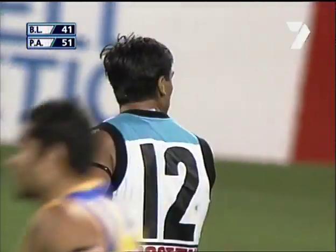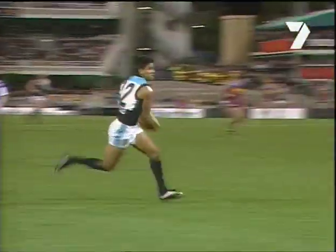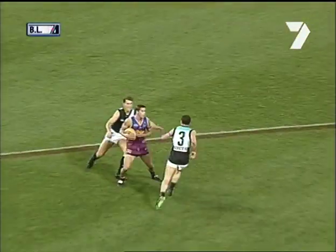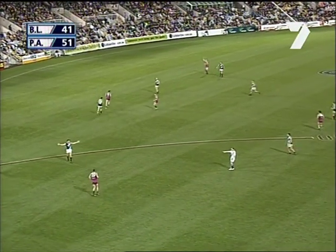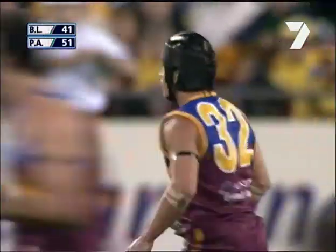Everything he had, the despairing dive, and a couple of players just running over and giving him a pat on the back. But the hands from Josh Franco, he fielded the loose ball very cleanly. Short hand pass to Cockatoo Collins. Created a great opportunity for the Power. 3 clever soccers off the ground there by Port in that passage of play. Here's Black. That's smart football, isn't it, Matthew? Yep. Under pressure with a player right behind your tail, just kick the ball on the ground, push it forward under pressure. Steering it to Hart